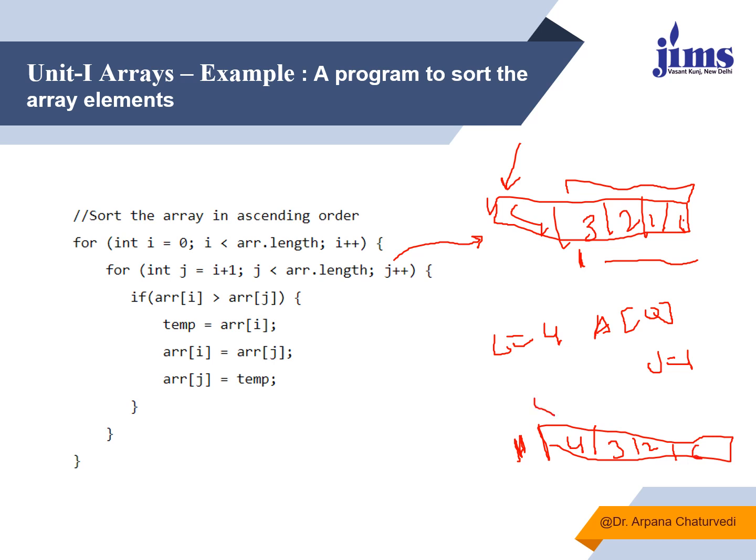Now we'll make i as 4. Now this is 4. Again i plus 1, j will be over here. It will compare each and every element with each and every value. If any value is having a greater value than the ith position value, then we will be swapping it. If not, we will not be swapping.